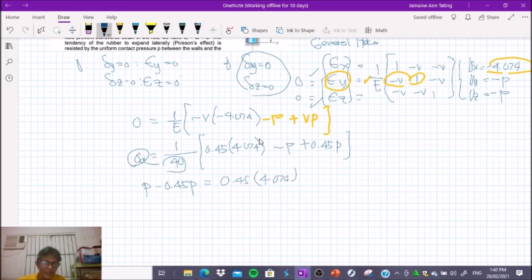I will solve P. That will be 0.45 times 4.074, then divided by 1 minus